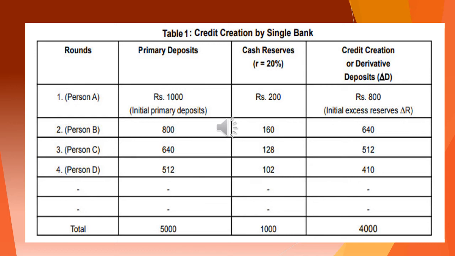With this small amount of 1000 rupees, this commercial bank can give the total credit as 4000 and cash reserves they can keep as 1000 rupees. So 4000 plus 1000 is equal to 5000, and the same deposit is there in the bank as the 5000 deposit. With the initial deposit of 1000 rupees, the bank is able to create a primary deposit of 5000, cash reserves 1000 and loan 4000 from this deposit. This is the way the commercial banks are creating credit.